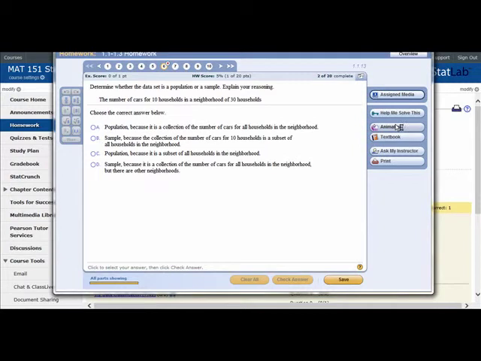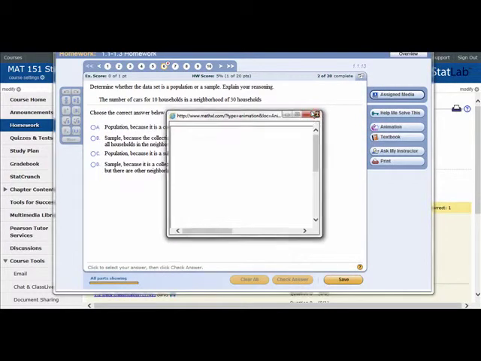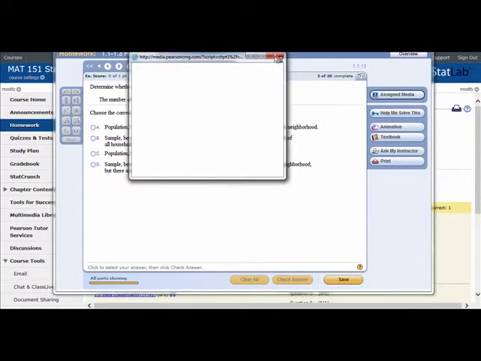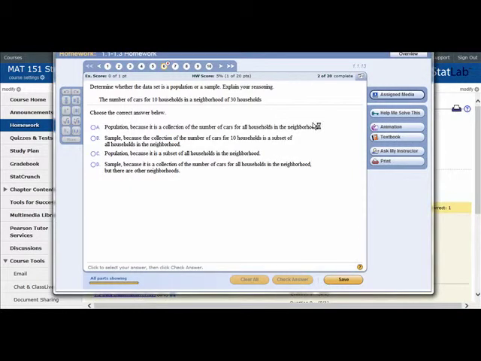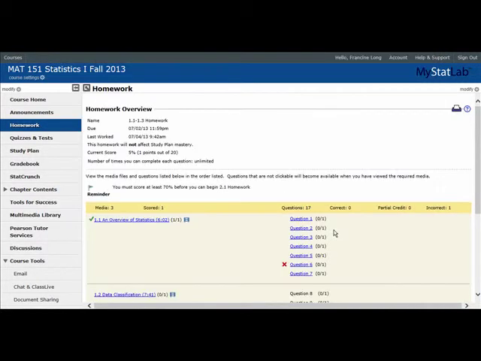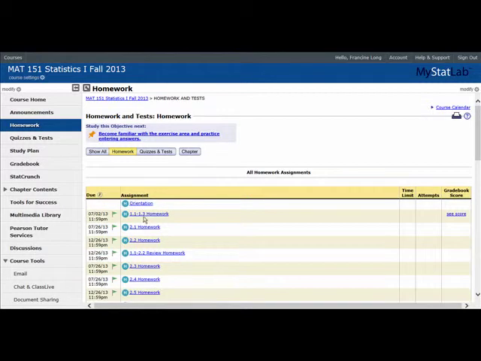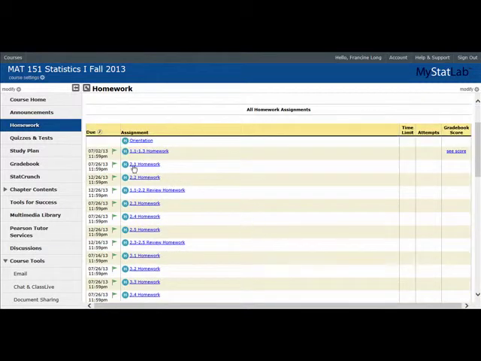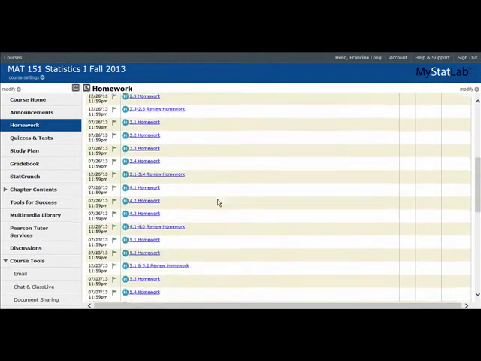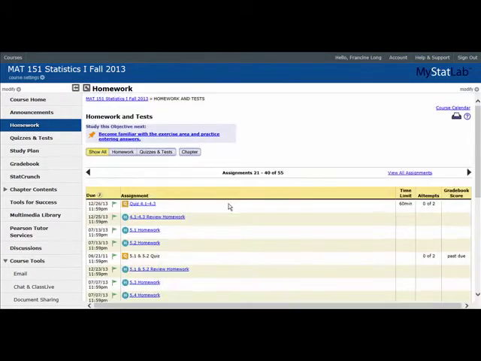Some of them also have animations. These can be helpful. They take a little while to load sometimes, but it's really up to you if you want to use those or not. You've got the textbook and you've got my videos that are in Moodle. You have to get a 70 on each homework assignment to move on to the next one, and again, they're all past due because you have to put the passwords in. We click Show All, we can see all of the assignments